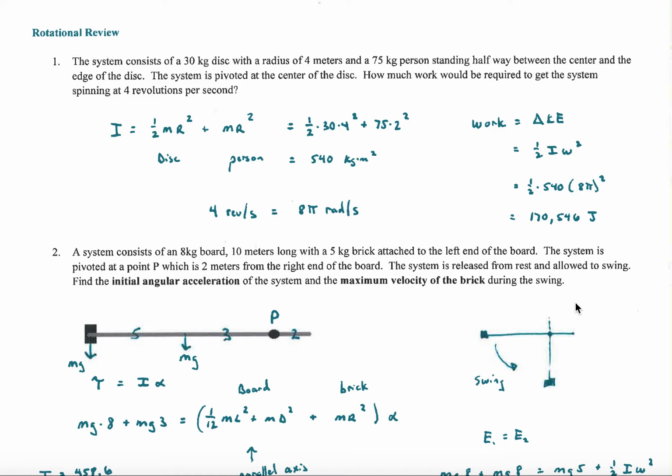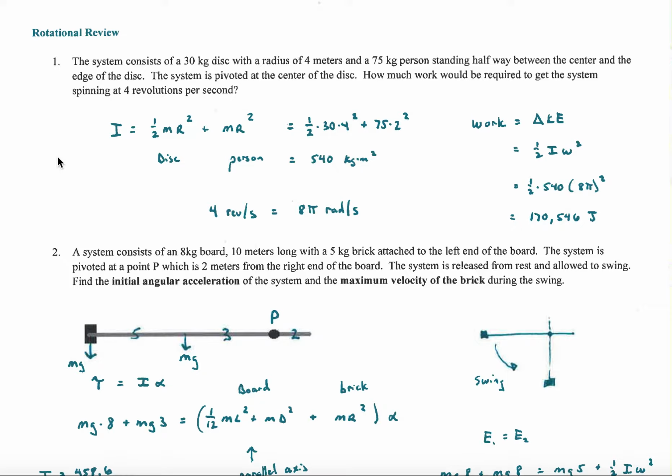The rotational review. So the first one, we have basically a merry-go-round, and you know the mass of the merry-go-round and the radius, and you know where a person is standing. So the merry-go-round is a disk, and the person is a point particle. So in this one, I am telling you that the moment of inertia of the system is the sum